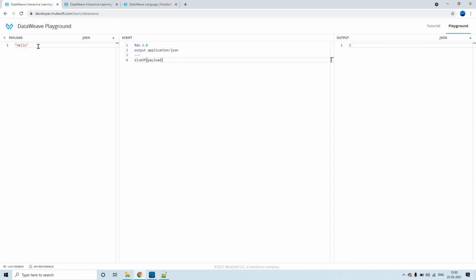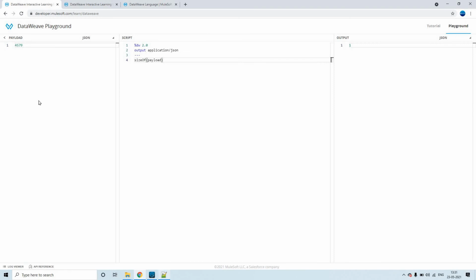But the size of a number will always be 1, because it's a number. You put something like 457 or 458, anything, it's a number, right? So the size of a number is always 1, mostly. So you can check the size of a number, an object, an array or a string. This is how you can work with size of.